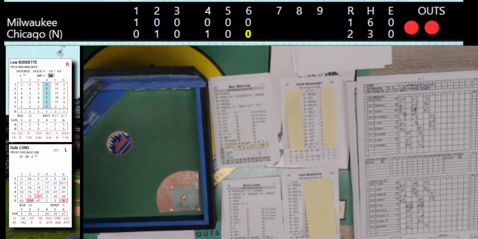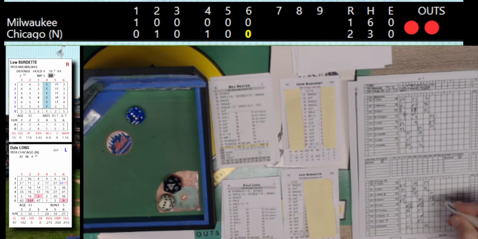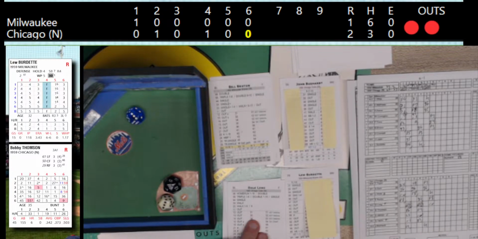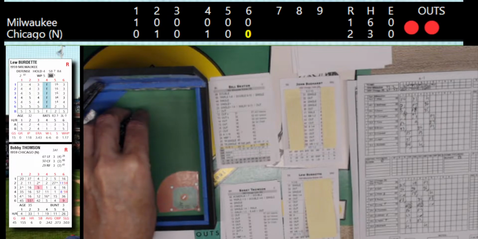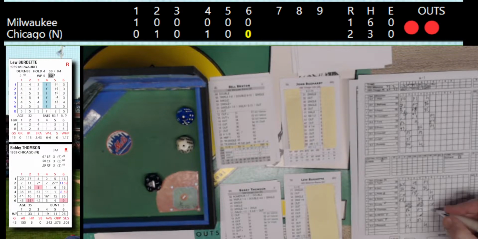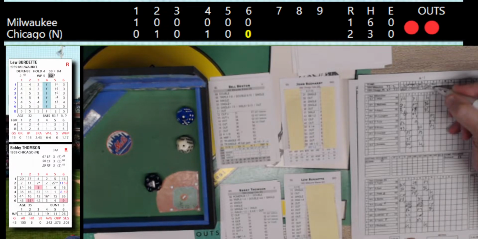And here's Long, who's got 2 home runs, and he's not going to get 3. That's ball 4, so it kind of pitches around him a little bit. And Long is on at first, and he is another one who is an F. Here's Bobby Thompson. Burdette checks the sign, shakes off Crandall, likes what he sees now, lets it fly. That's a snake eyes. It's going to be a 1-3 walk. A 13 will be an out, and that'll be a ground ball to shortstop. Over to first, and that retires the side.